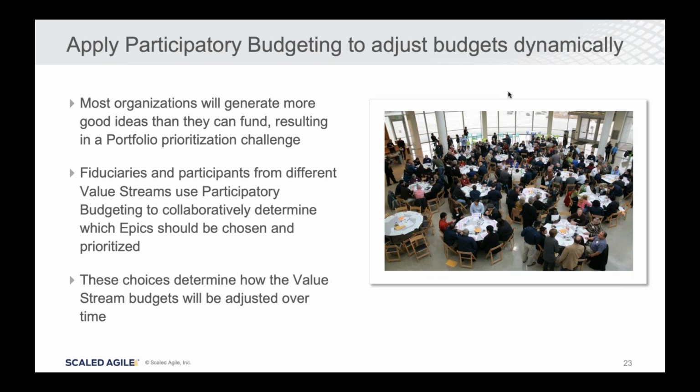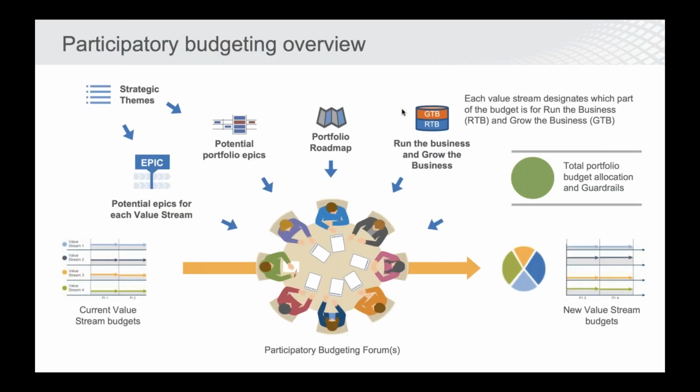And it is annual for a city. A city can't quite be as dynamic as a company. But these choices work together in participatory budgeting to help adjust budgets dynamically. So let's look at the next slide and look at a little bit more of the mechanics about how we can apply participatory budgeting. This is a pretty dense slide, so let me start by saying,